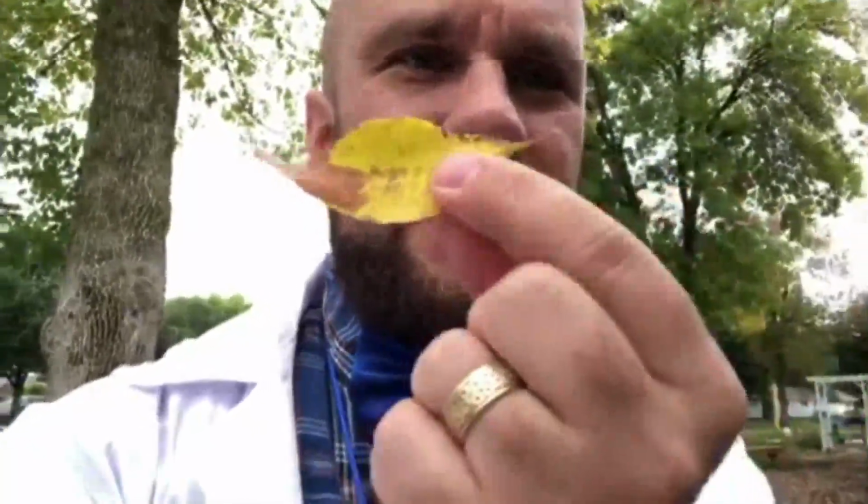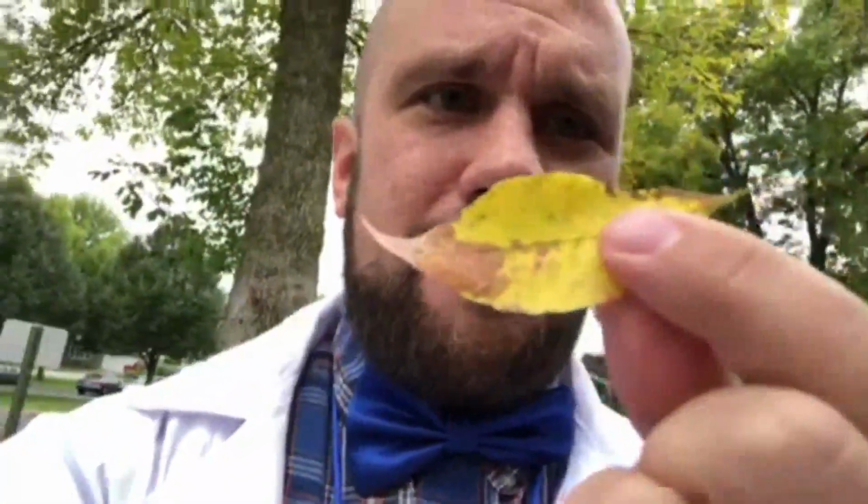But the truth is, this leaf had fallen off, and that's why we call the season fall, right? The yellow and the brown in this leaf, those colors were always there. They were just covered up by the green chlorophyll. So the colors of red and yellow and brown, all of those colors in the leaves, have always been there. We just haven't seen them because the chlorophyll has covered them up. But now that the tree has taken in that chlorophyll and those nutrients, the leaf